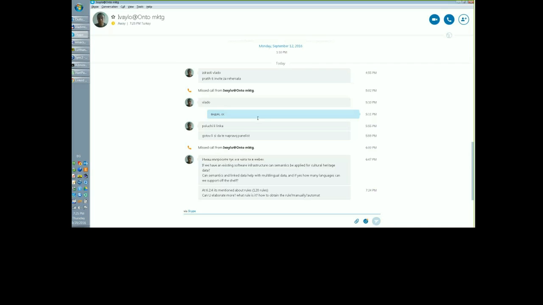Second question, can semantics and linked data help with multilingual data? And if yes, how many languages can we support off the shelf? Well, Europeana already leverages this by finding the AAT concept that corresponds to, let's say, an object type contributed by an institution, and maybe the object type is in German.